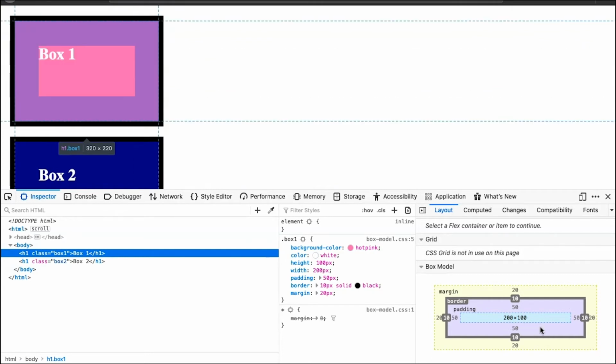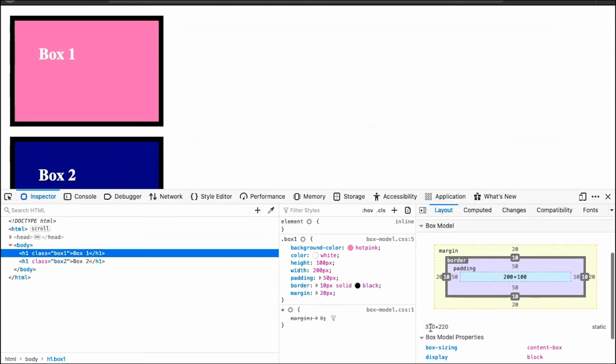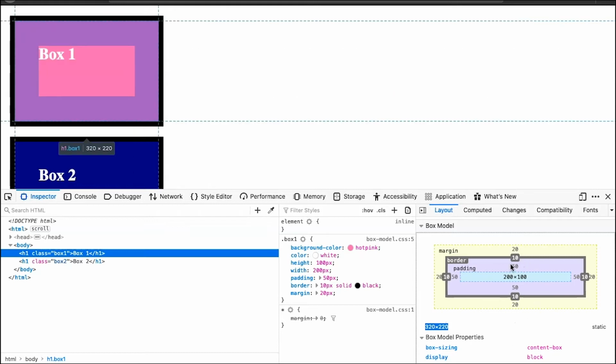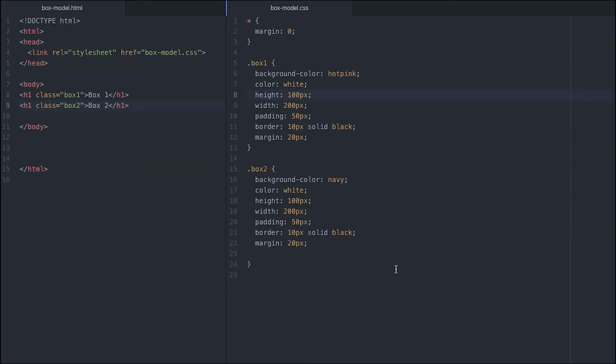But before we talk about inline elements, let's quickly go back over to our diagram here and look at what's happening to the width and height of our element. We set the width and height to be 200 by 100, but if you scroll down here you can see the real width and height is now 320 by 220, and that's because the default behavior is to add the padding and the borders to the width and height set, which can be a real pain when you're trying to lay out elements because you have to take the padding and borders into account, but there is a way around it. So if we quickly switch back to our editor,